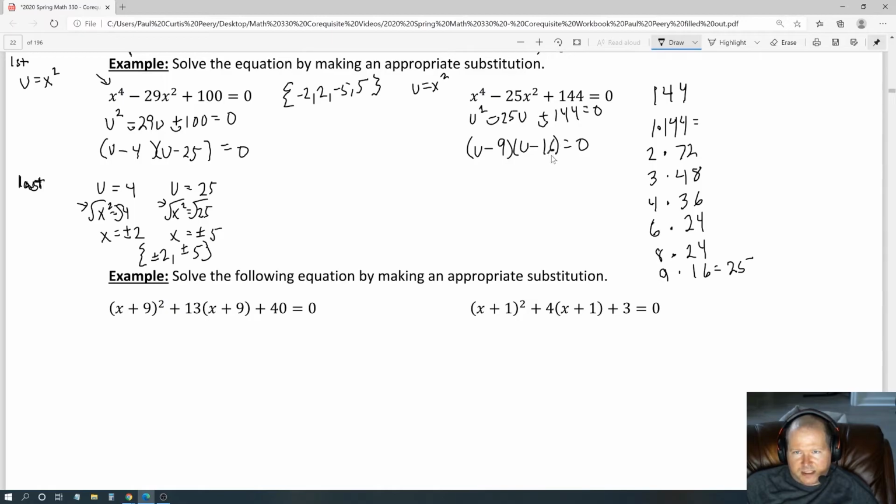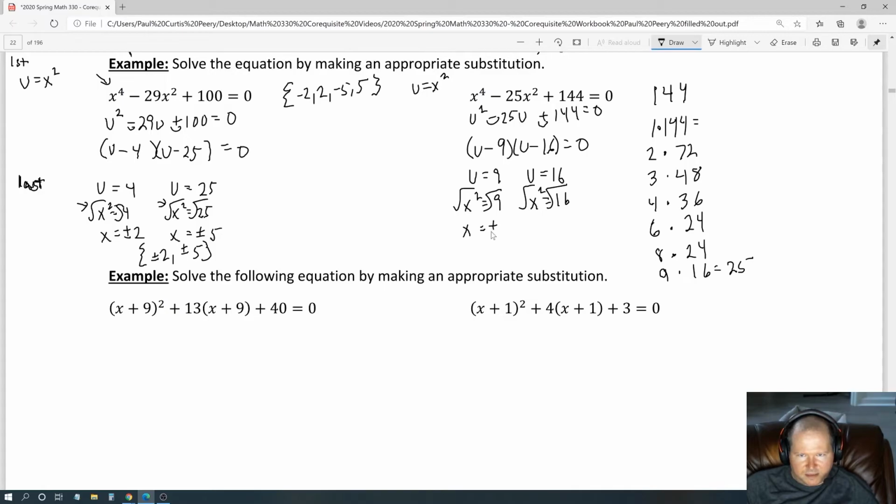So you put a 9 there and a 16 there. So that means u must be equal to +9 and u must be equal to +16. Right, now we do the substitution. U is really x squared. And again, you do a substitution at the beginning, you do a substitution at the end. This mainly comes in handy probably if you go further in mathematics, you get to like calc and stuff. Sometimes it's easier to do some of the